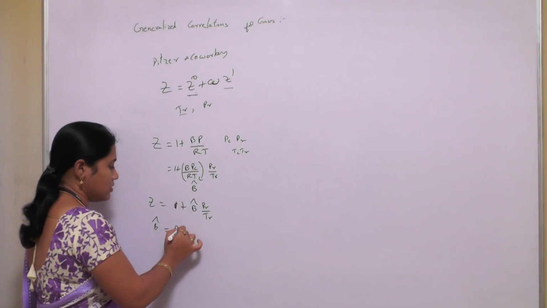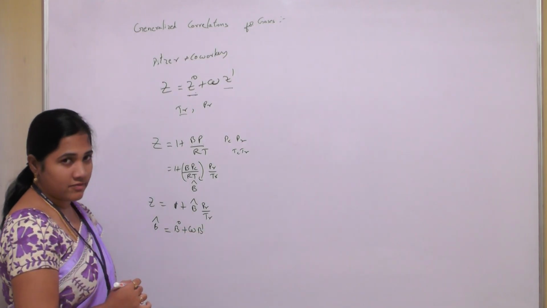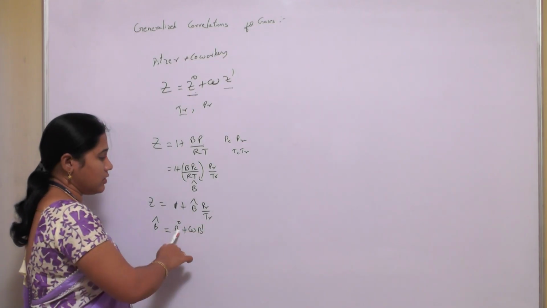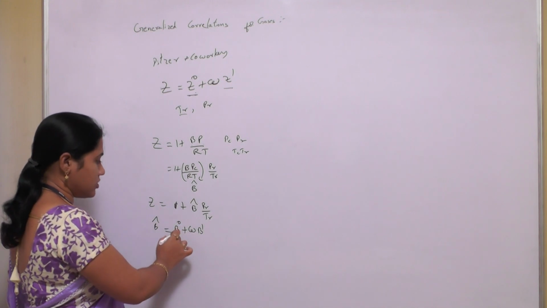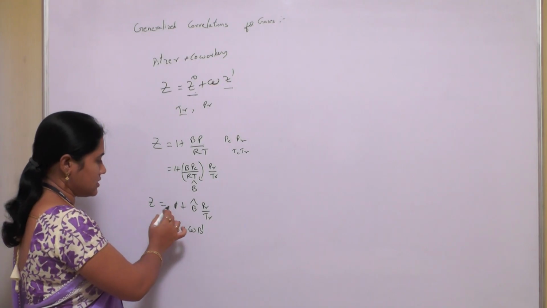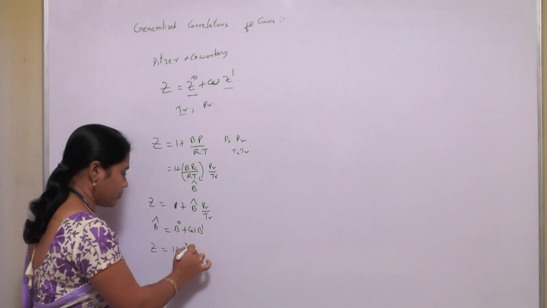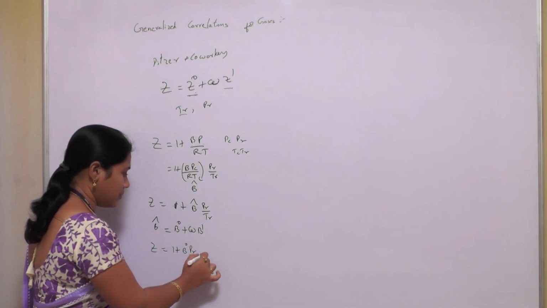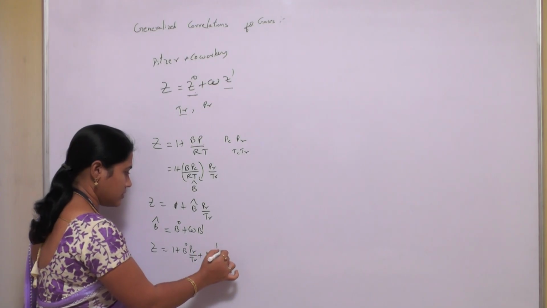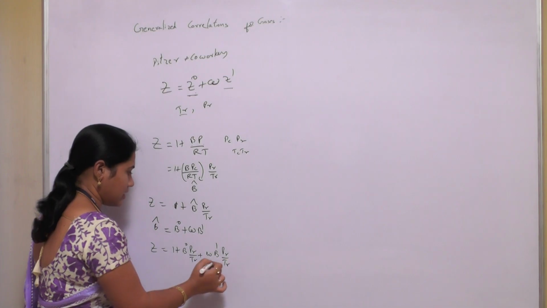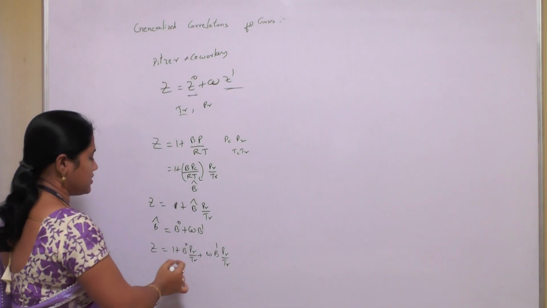B cap equals B0 plus omega B dash. Here the B0 is a function of temperature only. Therefore B0 and B dash are also functions of temperature only. And if you substitute this B0 plus omega B dash in this equation, Z equals 1 plus B0 PR by TR plus omega B dash PR by TR. If you equate the generalized compressibility relation and this relation,